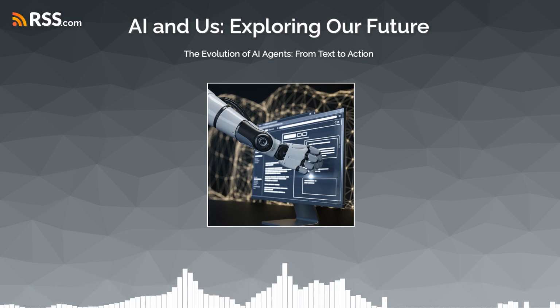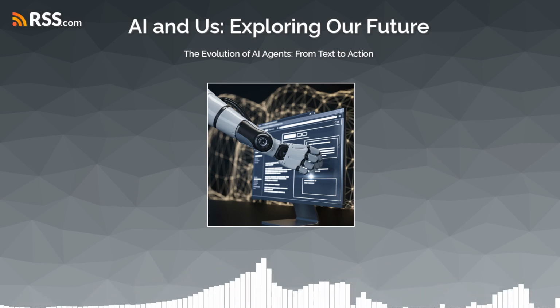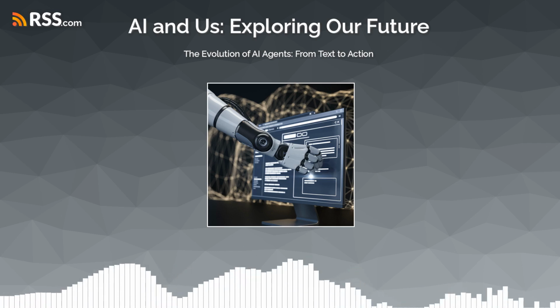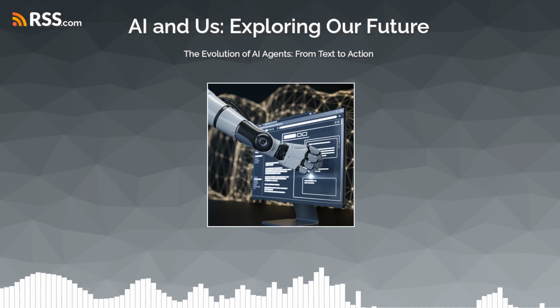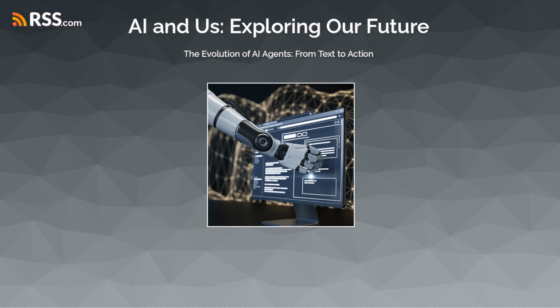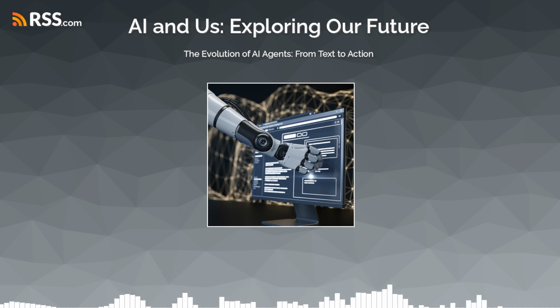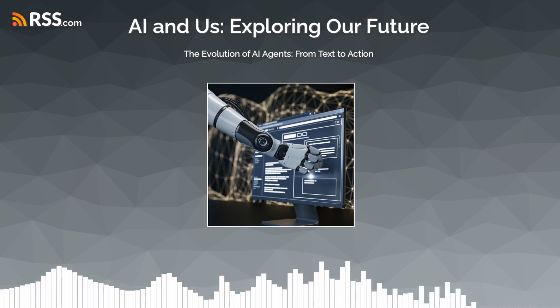Both of these, Computer Agent and ChatLLM, seem to be pushing the boundaries of what we thought was possible. Where do you see this going in the near future, like in the next six months to a year? It's really hard to say for sure because everything's moving so fast, but I think it's pretty safe to say that these AI agents are only going to get more powerful, more versatile, and more integrated into our lives. Okay, so even smarter, even more capable AI. That's exciting and a little bit intimidating, to be honest. It is. It's a lot to wrap your head around.